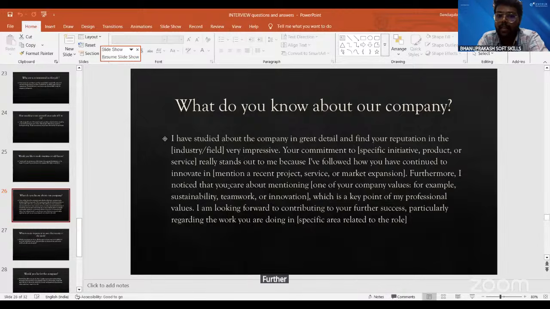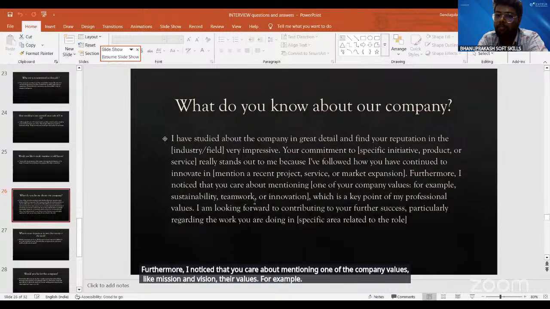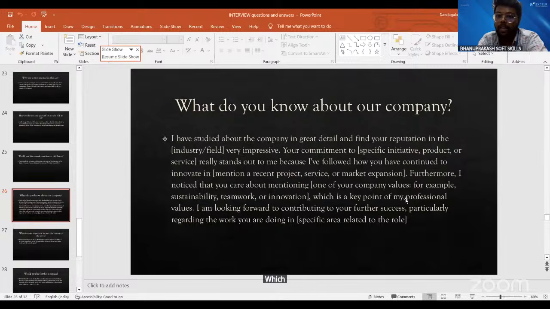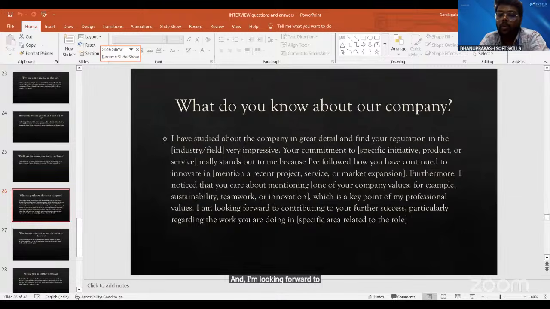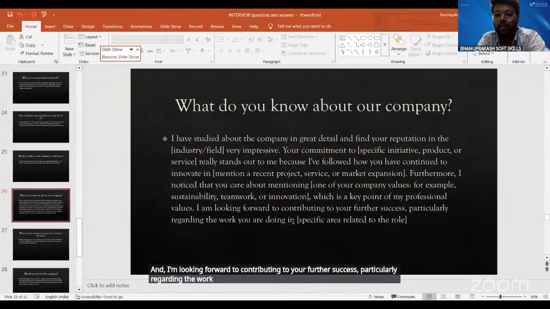Furthermore, I noticed that you care about mentioning company values like mission and vision, their values, for example, sustainability, teamwork, innovation, which is a key point of my professional values. It should also align with your career too. And I'm looking forward to contributing to your further success, particularly regarding the work you're doing, like the specific area